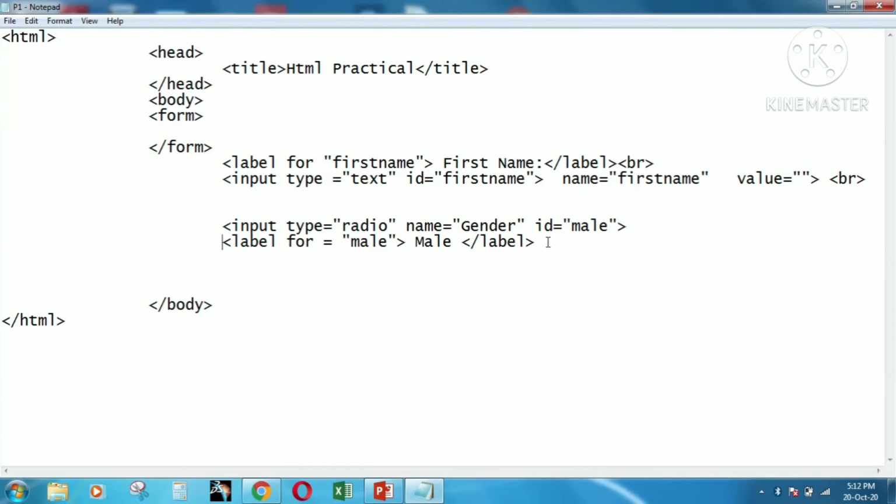And again use the BR tag to break a new line. Otherwise, whatever we are creating will appear in a single line. So we need to give it the shape of a form. So we are inserting the values one by one. First name, radio button, and now we are inserting a checkbox.